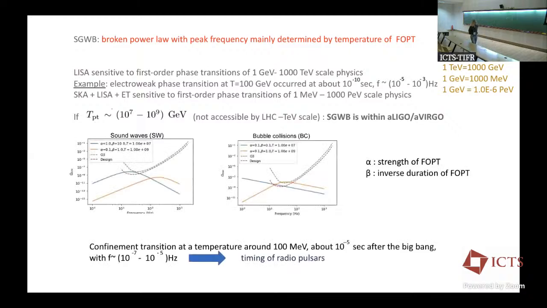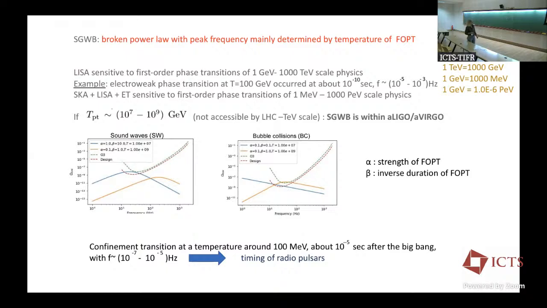So in the example that I give here, everything is going to depend on several parameters, but the most important ones are the strength of the phase transition and the inverse duration of the phase transition. These two parameters are alpha and beta. And remember, yesterday I defined the power law integrated curve. Here I give the power law integrated curve. When we did the study, it was the third observing run. Now we repeat it for the fourth observing run, where we are.